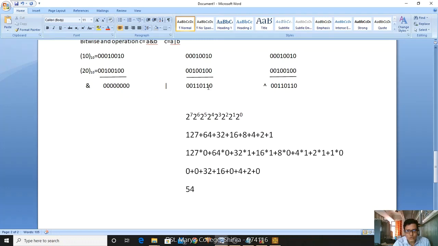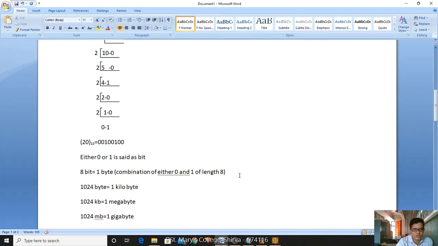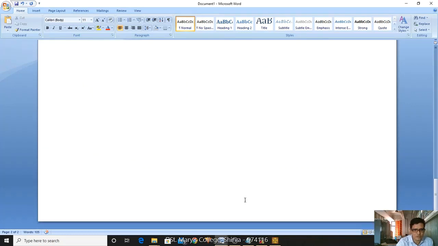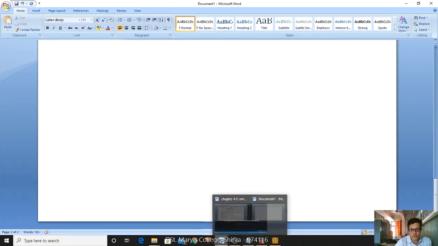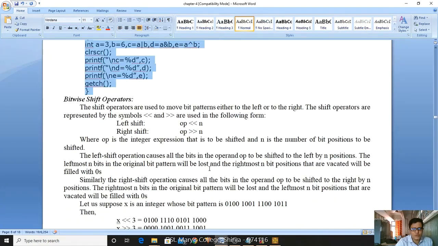2 power 0, 2 power 1, 2 power 2. 2 plus 4 is 6, 6 plus 32. Here it is missed somewhere. We made a mistake here. Okay, we made a mistake here. That is why we are getting a wrong output. Okay, it will take a little time, so just do it neatly. If you did that, then you are getting the output: 10 and 20, you are getting the value 30. Here also it is 30, and here it is 0. Okay, yes. So that is your bitwise OR operator.